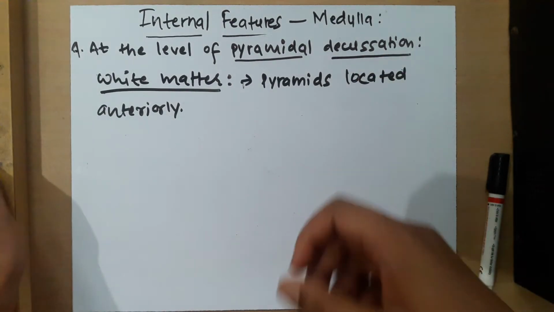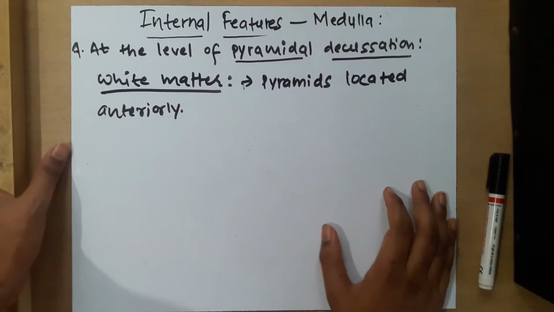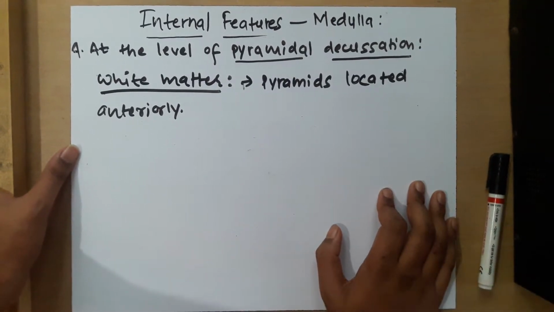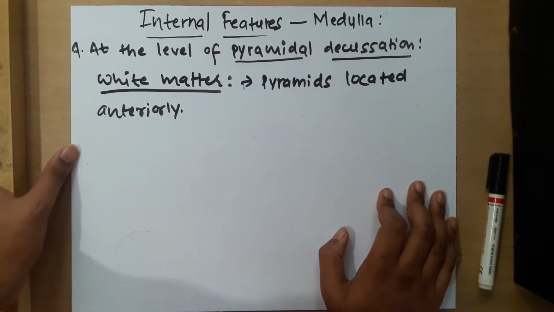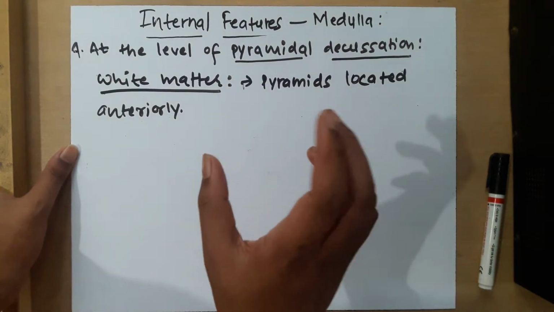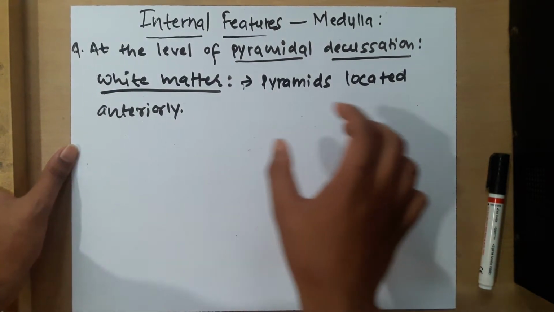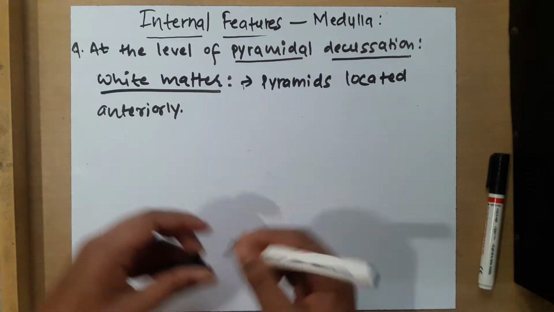Pyramids are the bundle of fibers coming from the cerebral cortex, and these fibers include three fibers: corticopontine, corticonuclear, and corticospinal. Among these three, the corticopontine will end up in the pontine nucleus and then go to the cerebellum of the opposite side as pontocerebellar fibers. So the left are the corticonuclear and corticospinal. So corticonuclear and corticospinal fibers form the pyramids. Okay, so let's write it and then it will be clear.